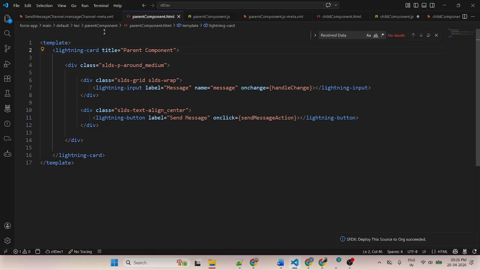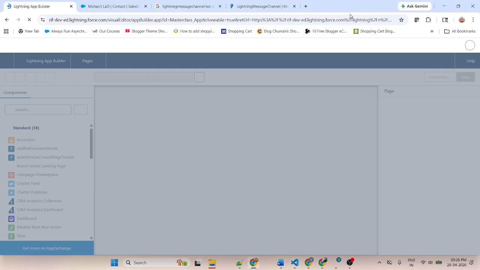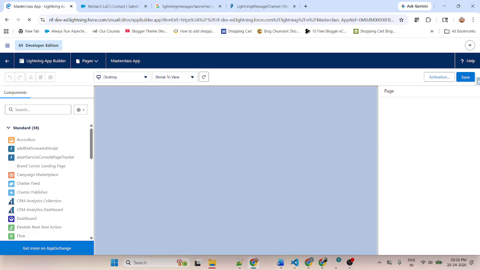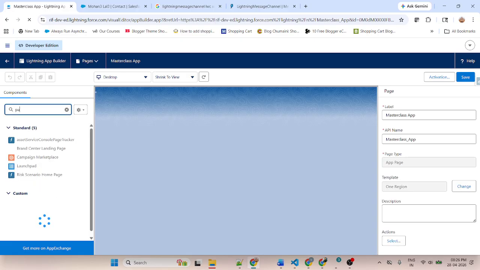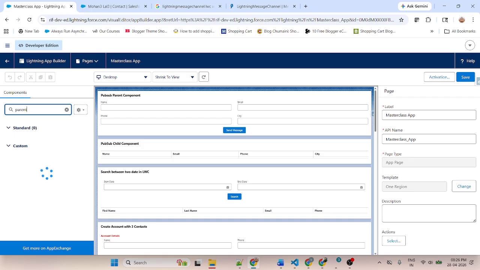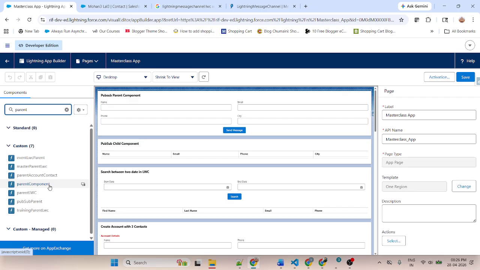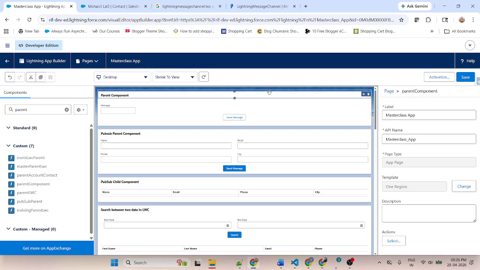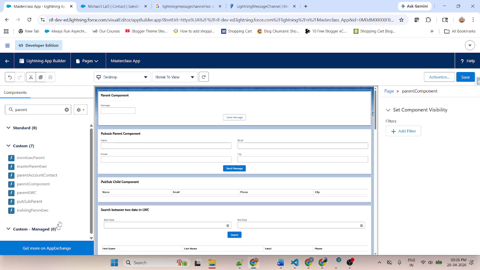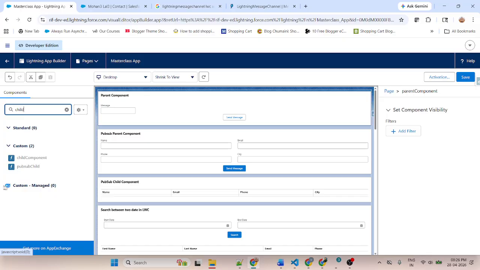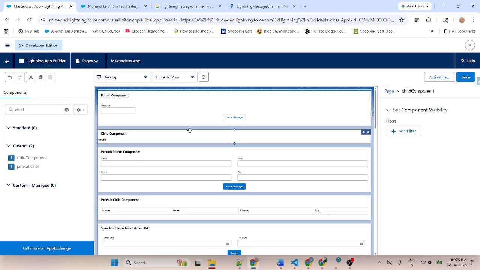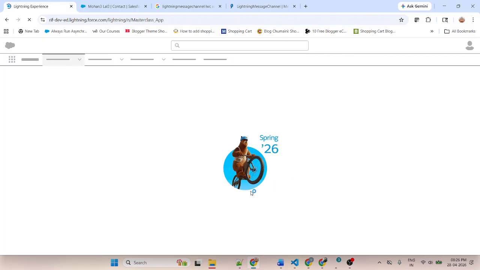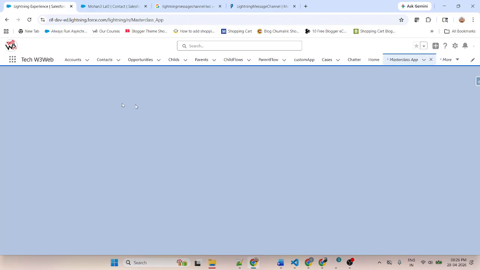My component names are parentComponent and childComponent. This is the parent component, simply select and drag and drop it here. And this is the child component. Search child, this is the child component, simply select and drag and drop it here, and save. Go back. So I called both of the components into the Lightning app.